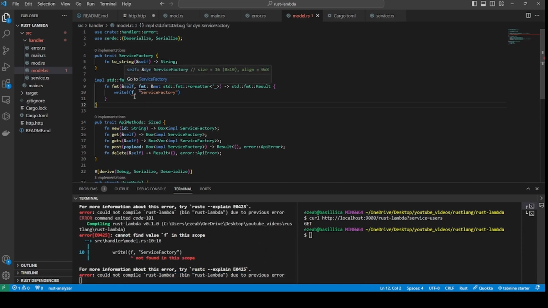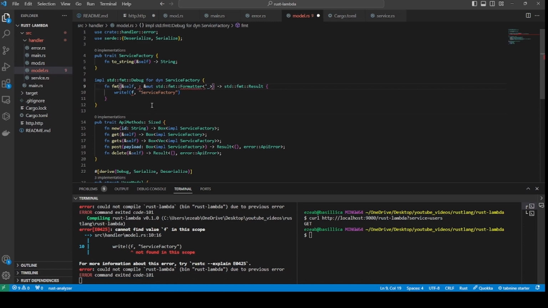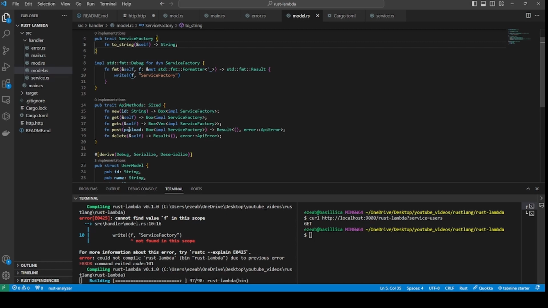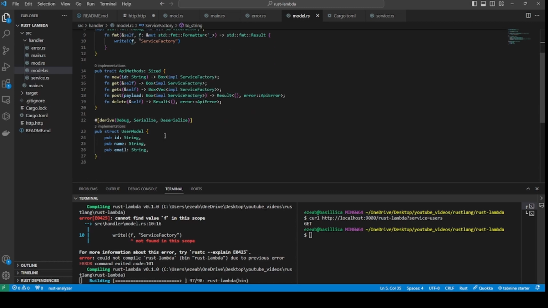So okay, sorry, I named this FMT, whatever you want to name it anyway. Okay, so we have our API method with these methods, and what they should return looks like more or less. And now what I would like us to do also is to